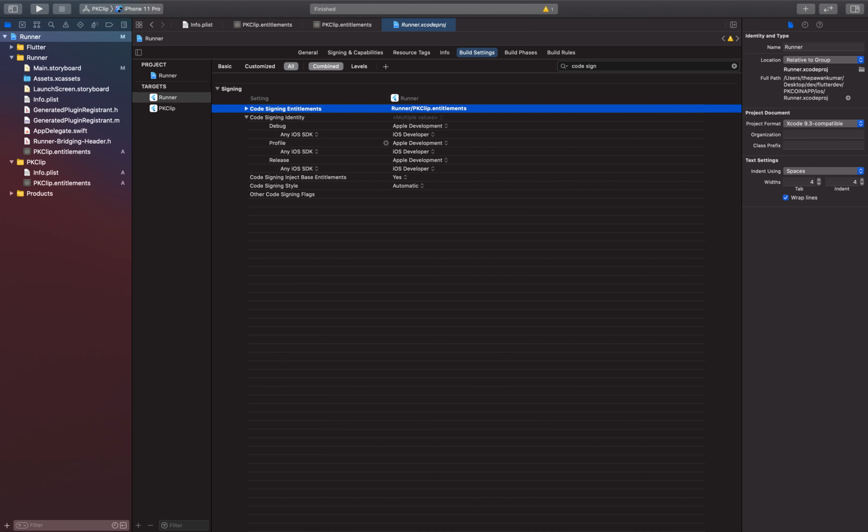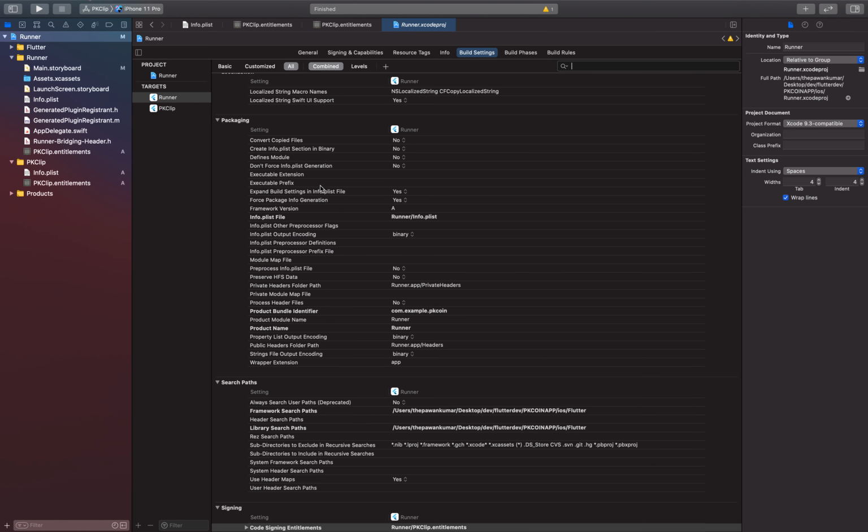So now we are moving to almost the last step. There are a couple more steps, and we will be good to go. I know this is a lot of work initially, but that's the only thing you can do. We are in an experimental mode, so we will do everything to make it work, right? So now what you have to do, guys, is go to pkclip here, and similarly in the build settings, we have to integrate Flutter.